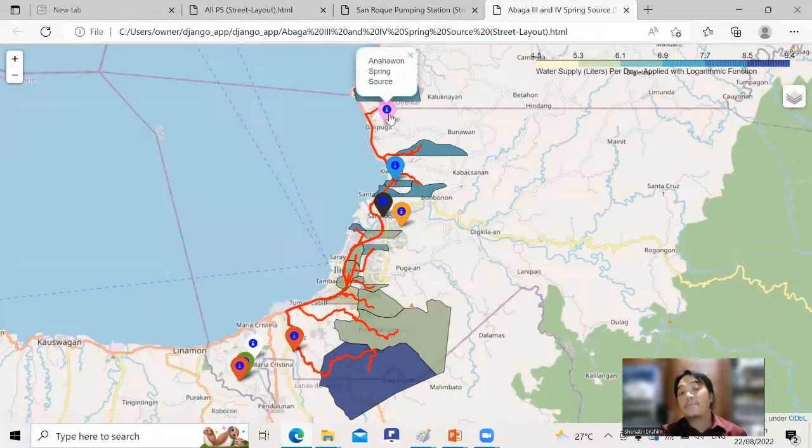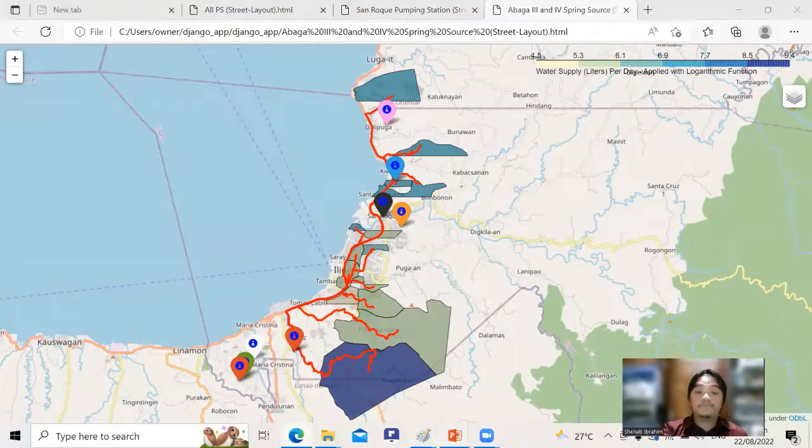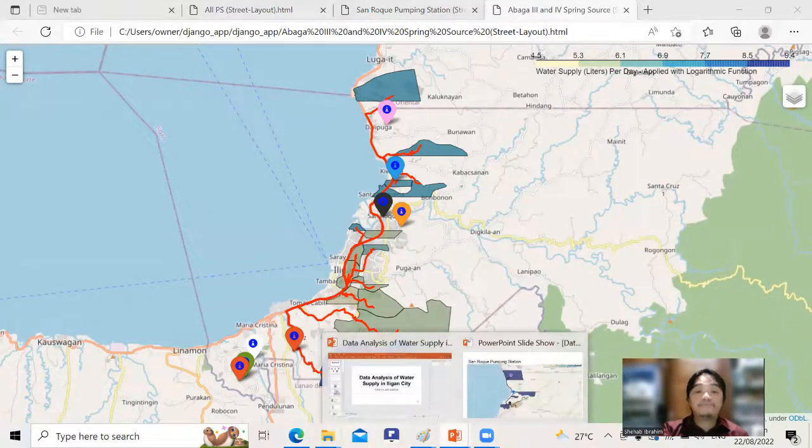And when this new pumping station came up, probably they didn't have the resources yet for these barangays to transfer to the new or closer pumping station. Now, going back,